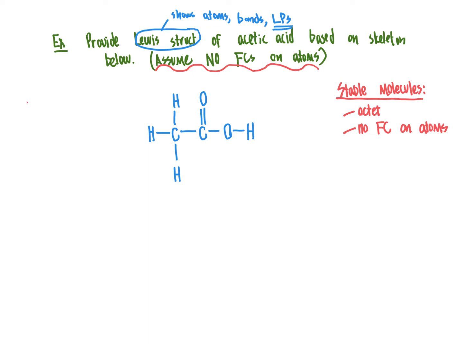So that's going to be our grounding basis here, is that we want to ultimately, when drawing Lewis structures, make sure that the structure is going to have a complete octet on all of the atoms, and unless otherwise specified, no formal charge on any of the atoms. So how do we go about doing that when we're tasked here with providing the lone pair electrons onto this structure? We can't just go in and start filling in lone pair electrons randomly here, there, and everywhere,